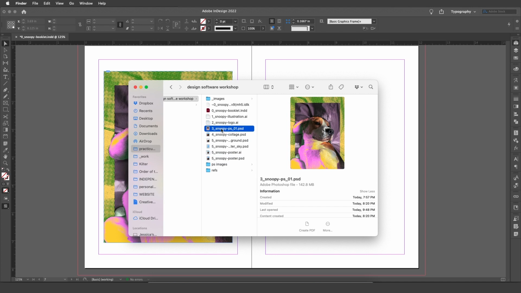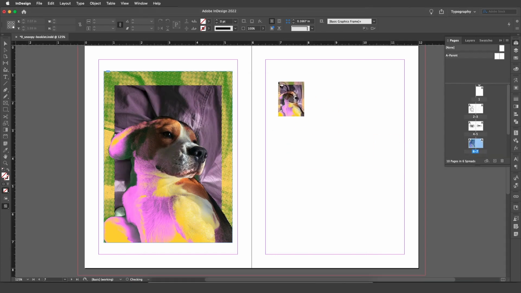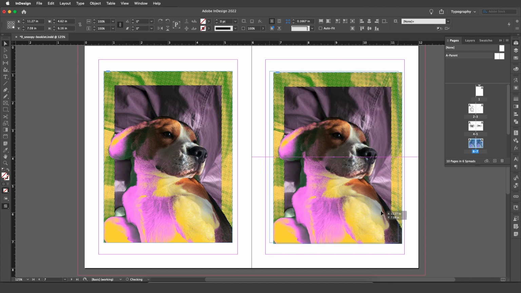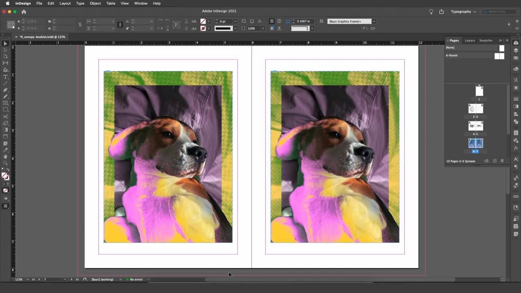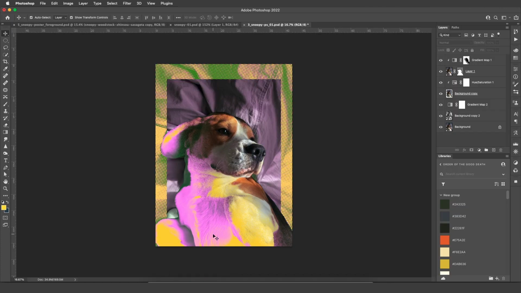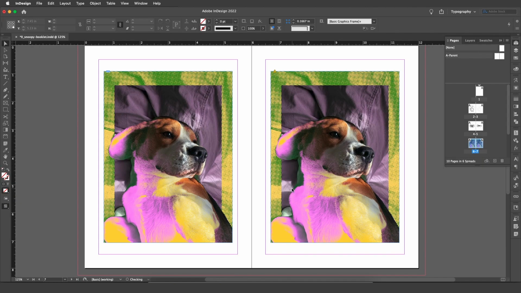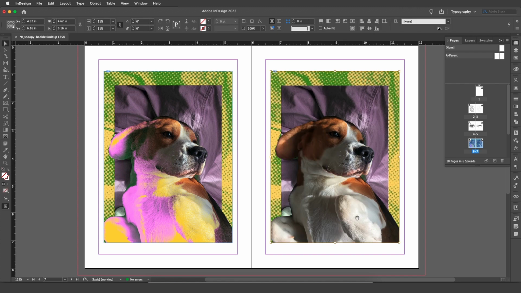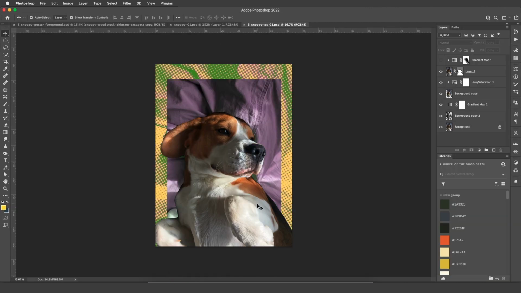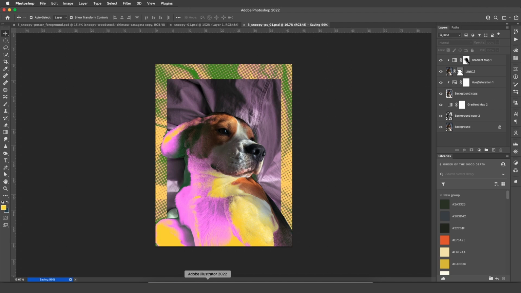Alternatively, you can drop in the Photoshop file. This is similar. And just like when we were using the Photoshop stuff in Illustrator, if we make any edits, so for example, I'm just going to turn off this top gradient map and hit save. You'll see that there is a little warning symbol up here that tells you that this link has been modified. If I double click it, it'll update it. So I'm going to go back and I'm just going to revert that change and hit save again, and then